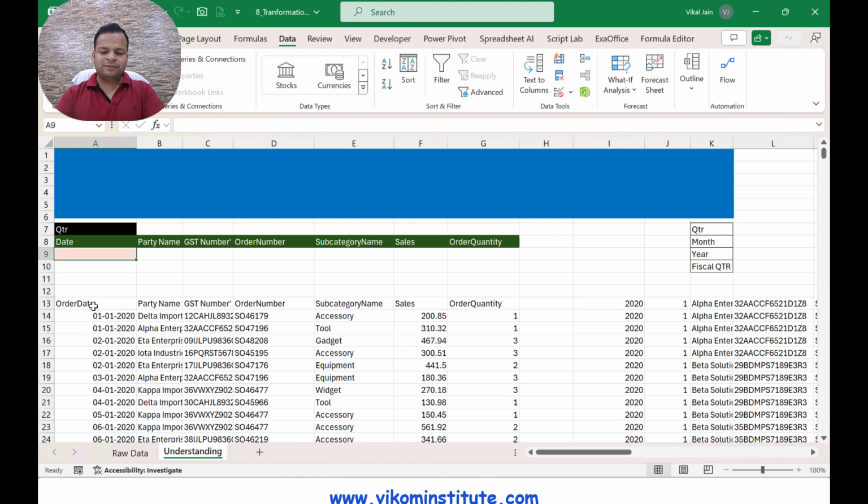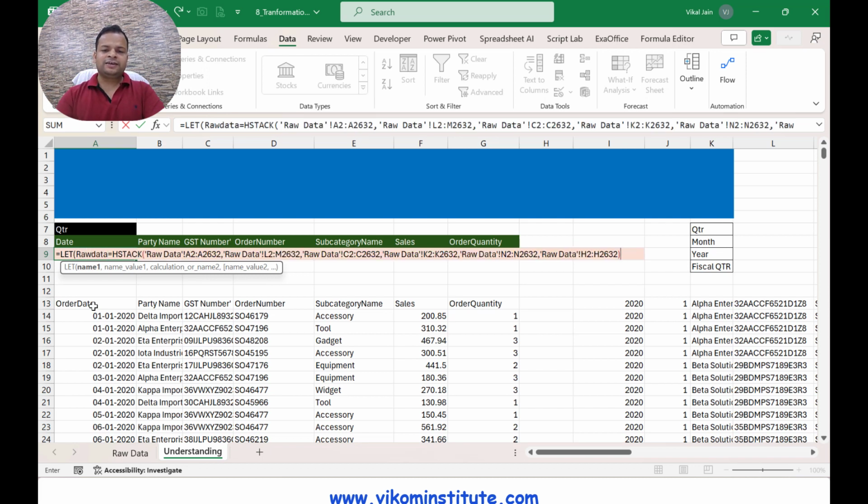Here it is asking me for a name, so I am calling it raw data. My raw data is here. I am simply closing it, comma. Here the name value is here. So here is my raw data. I am simply putting a single quote over here, enter.